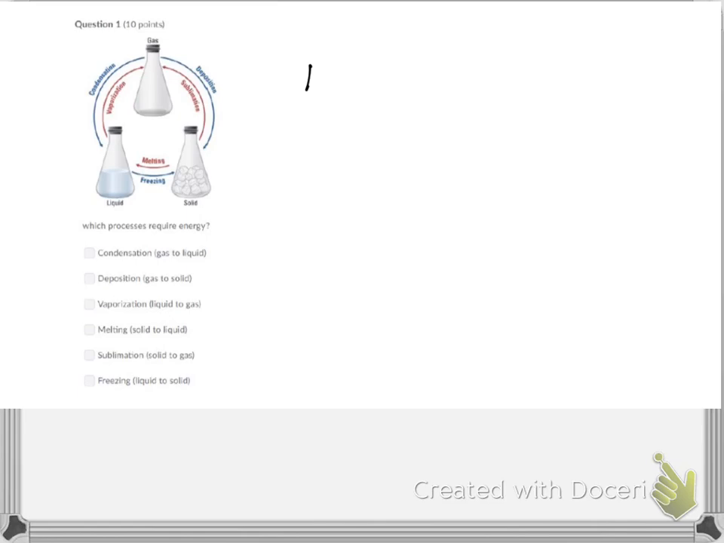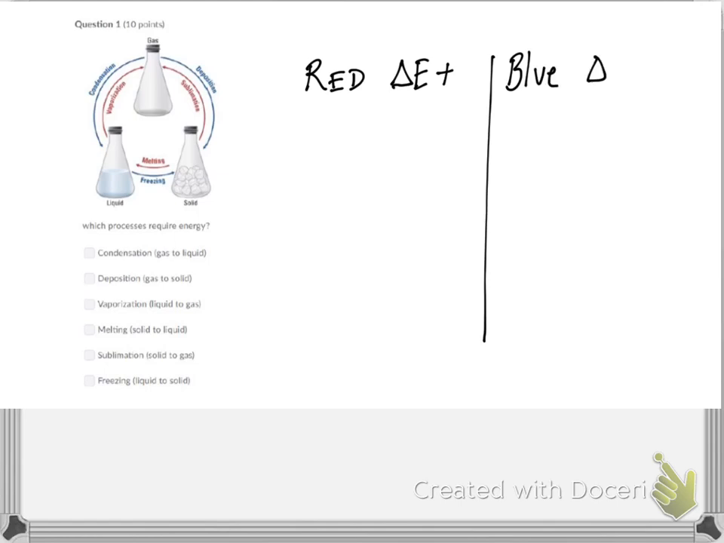So the first question is about the signs of different phase changes with respect to energy. When we look at this particular representation of the different phase changes, what we're going to see is that all the processes in red require energy, and the delta E is positive. All of the processes that are in blue have a negative delta E, and they correspond to release of